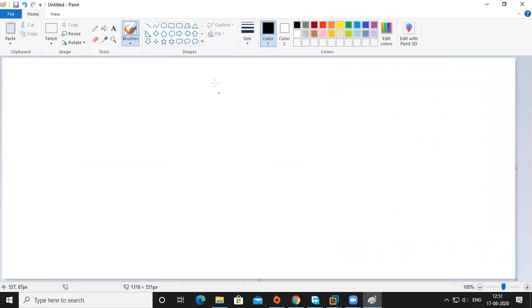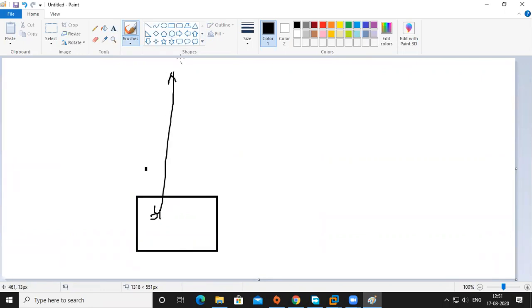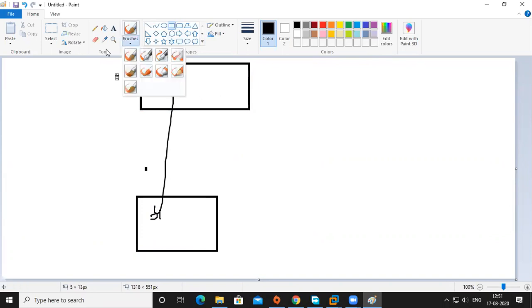So where is my folder? In my PC, right? In my PC, I have a folder. Inside the folder, I have a file called F1. I want to put this into my central repository called GitHub. So I want to put it in GitHub.